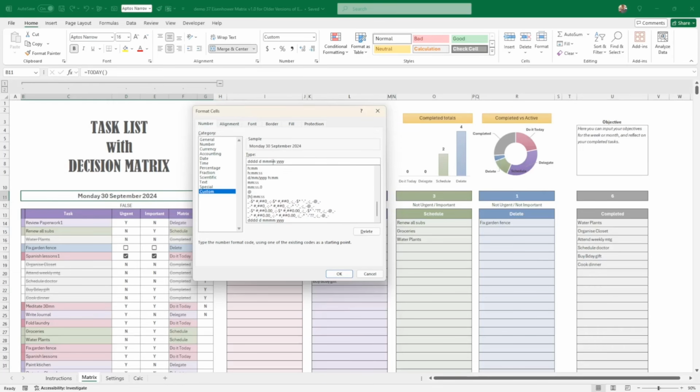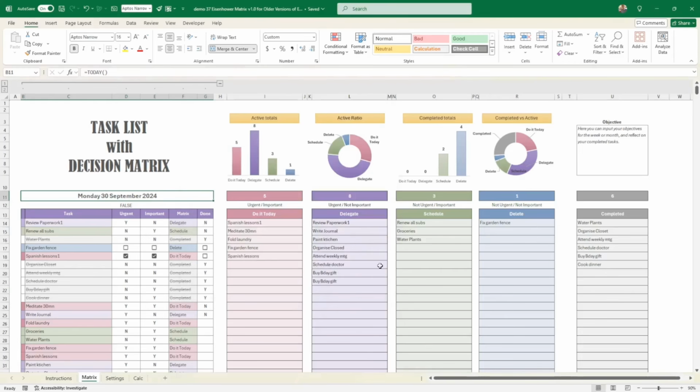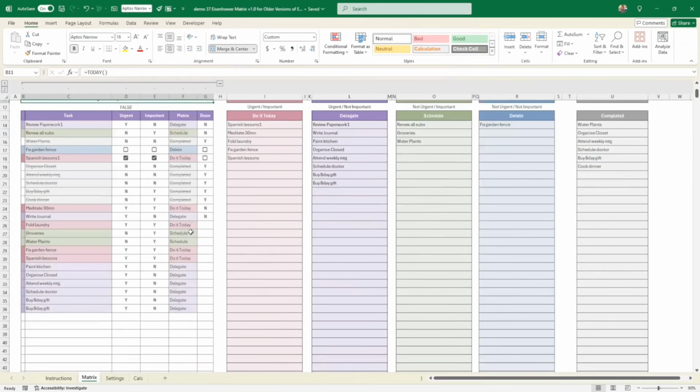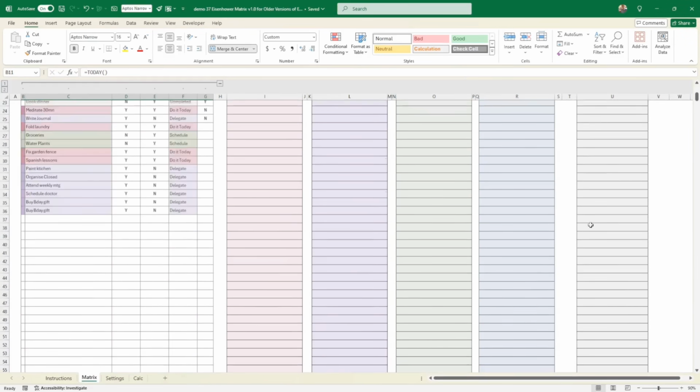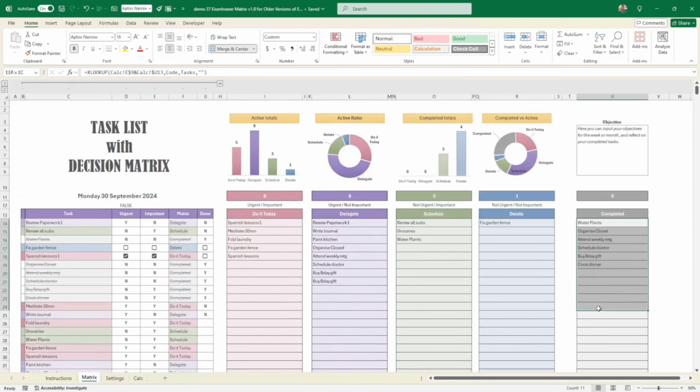And the same for month. If you put four M's, you have the full word. If I put only three, you just have the three letters here. And why not? I'm putting the year as well, just to be sure there's no misunderstanding. Yes, you go all in, and this is why I wanted to have the completed in a different column, because